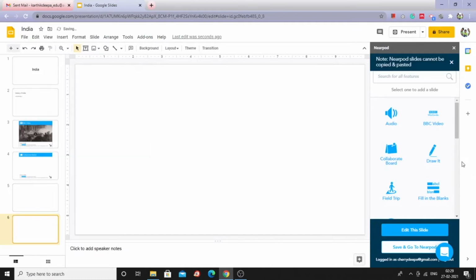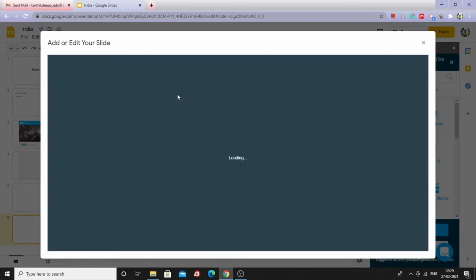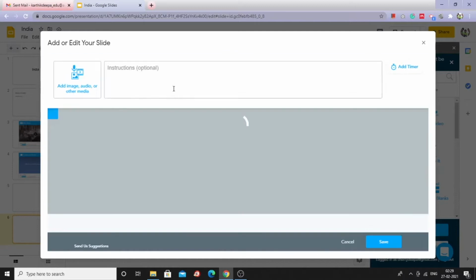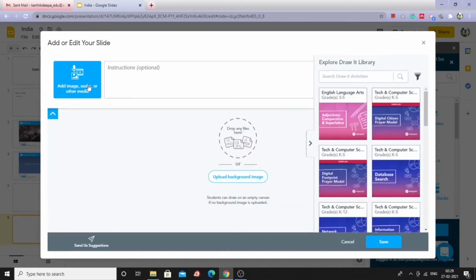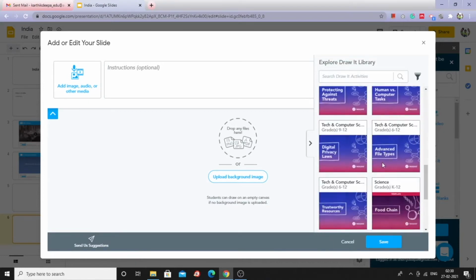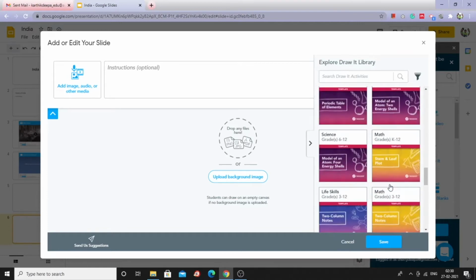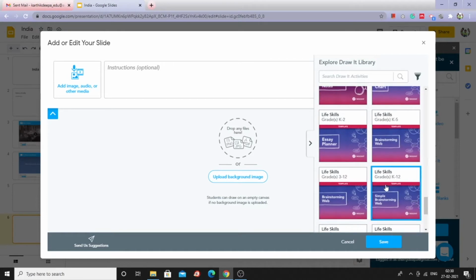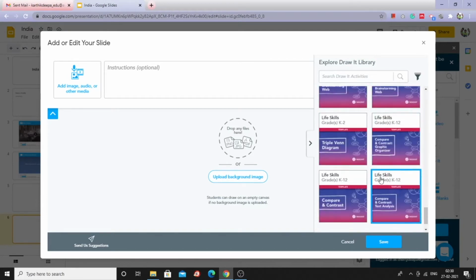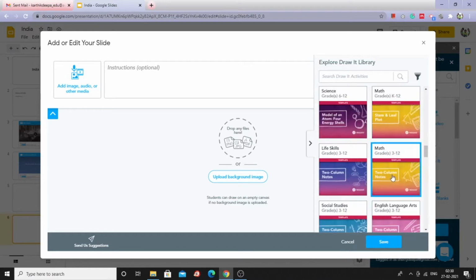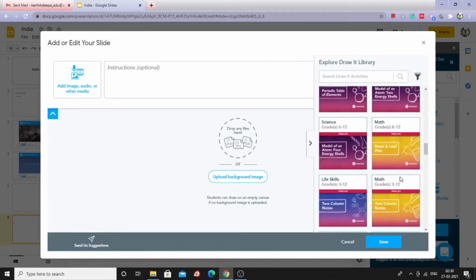Just go to the next slide, and now we are going to give a draw option. Draw the India map, like that we can give. Here you can add an image or you can upload an image. So search the draw it activity. If there are already any story maps, existing maps are available. If you want to use those, you can use those, or you can just choose something from your